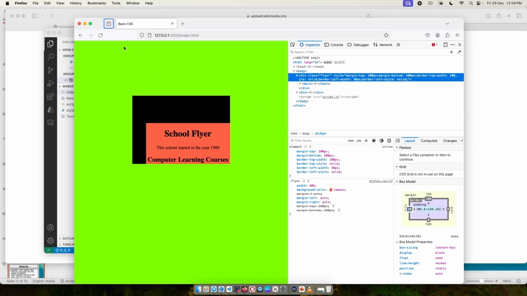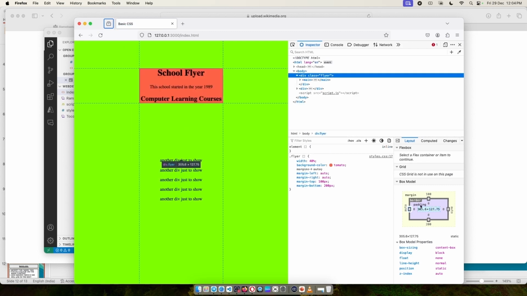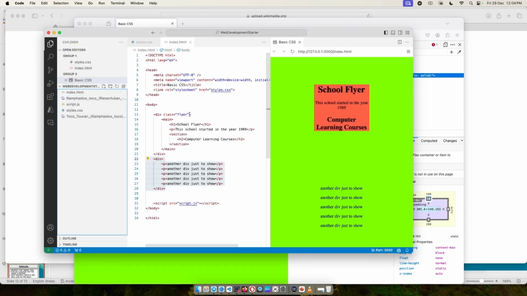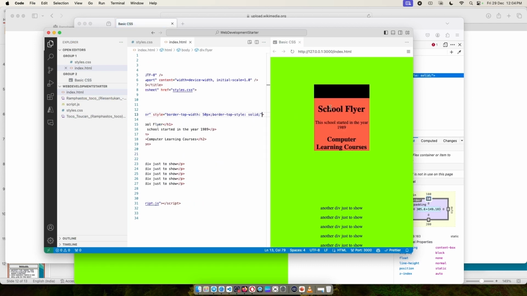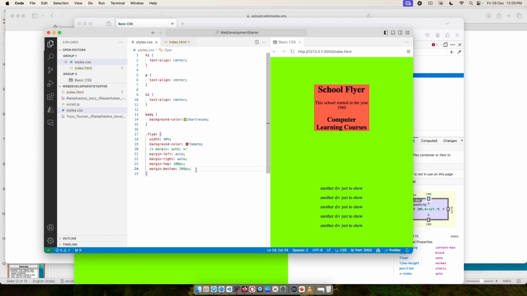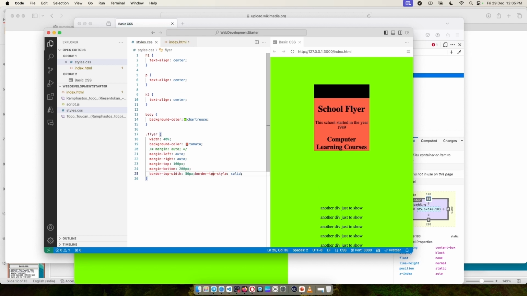If you don't like any of these things, just reload the page back to how it was. But if you do like something, you can copy that code. So if you like this one, you can say, okay, style equals this one, take this and go here where it says div class fire, and there you go. That's it. Easy. And if you don't want it here, you can copy this code, cut it out so it goes away, come back to your style and put it here in the flyer. See, that's it. But I don't really like it right now, so I'm just going to get rid of it.